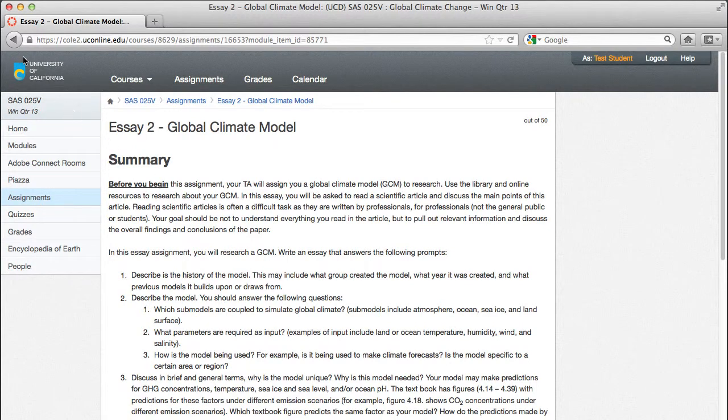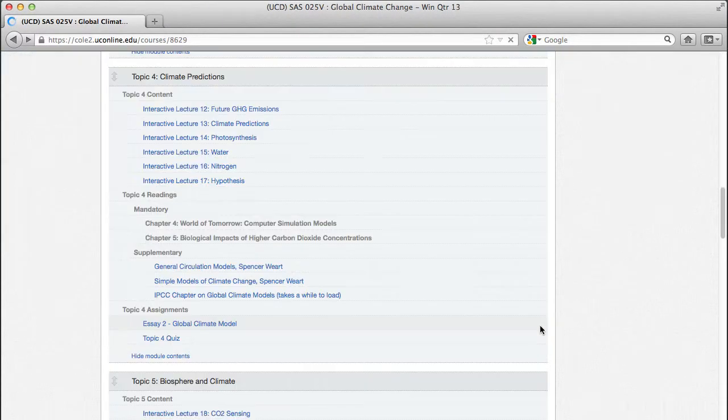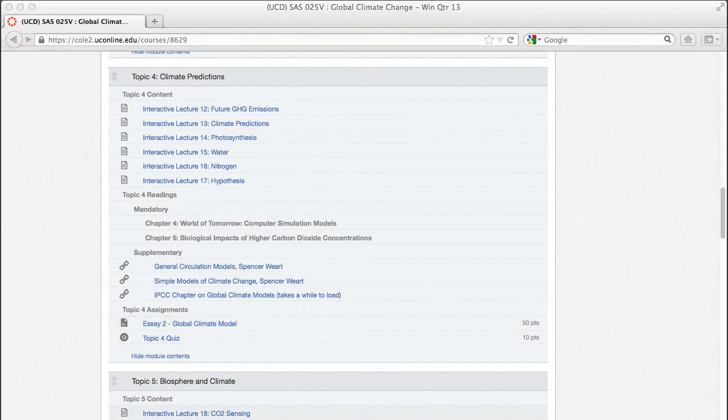At the end of a topic, be sure to take the topic quiz. The final link in each module will take you to that topic's quiz. You will get 2 attempts at the quiz, but the quiz will be different each time you take it, pulling from a pool of questions related to each interactive lecture in the topic. Whichever quiz attempt has the highest score, regardless of whether you took it first or second, is the one that will be counted towards your course grade.